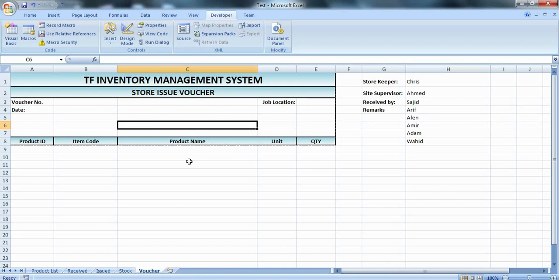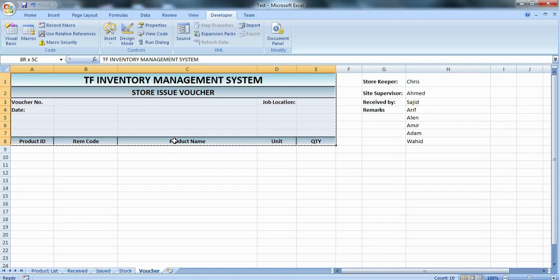For that I have created this partial format for issue watcher, and the remaining will be added according to our coding, and it will then be exported to a PDF file.